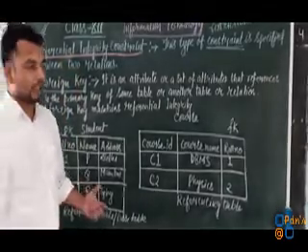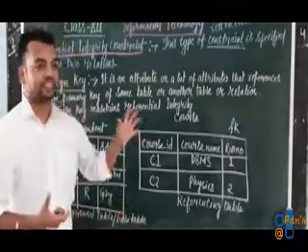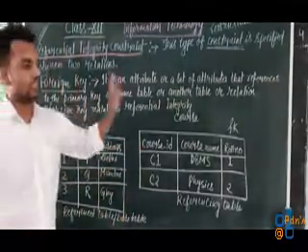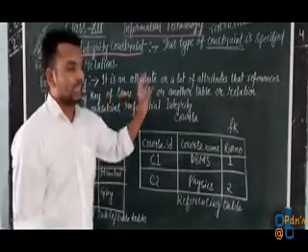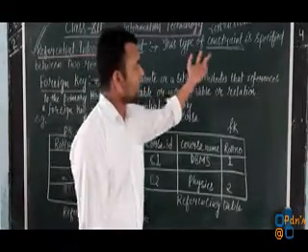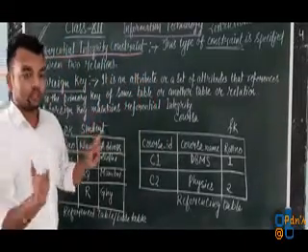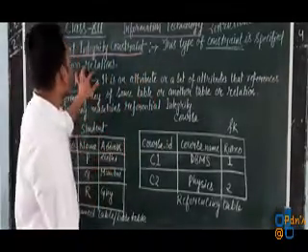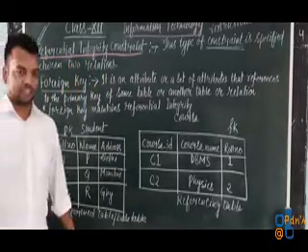Means whenever we need to insert two relations in a single database, suppose we have a single database in that we are inserting two relations, 2, 3, 4, any number of relations, then if we would like to place a constraint between two relations and connect those two relations, join those two relations together, then we will go ahead with the concept of referential integrity constraint.